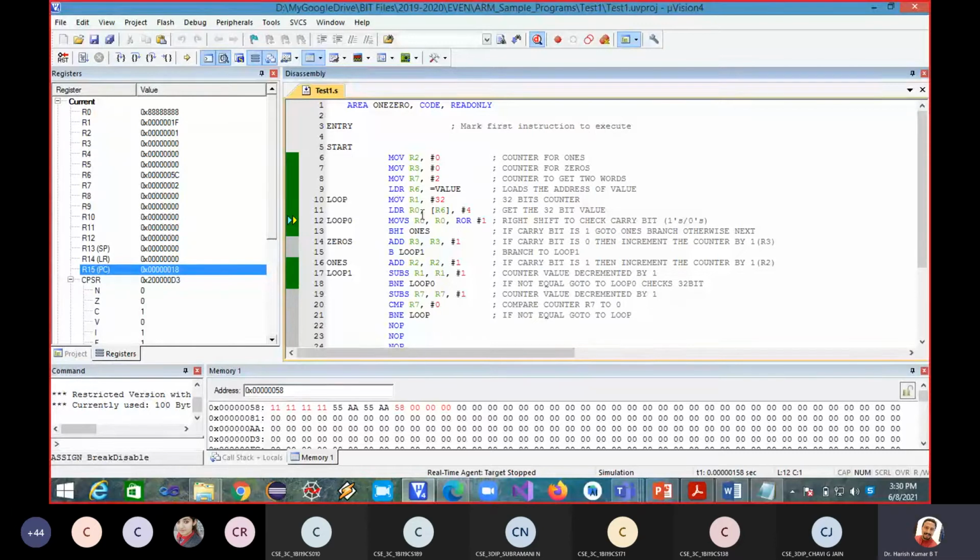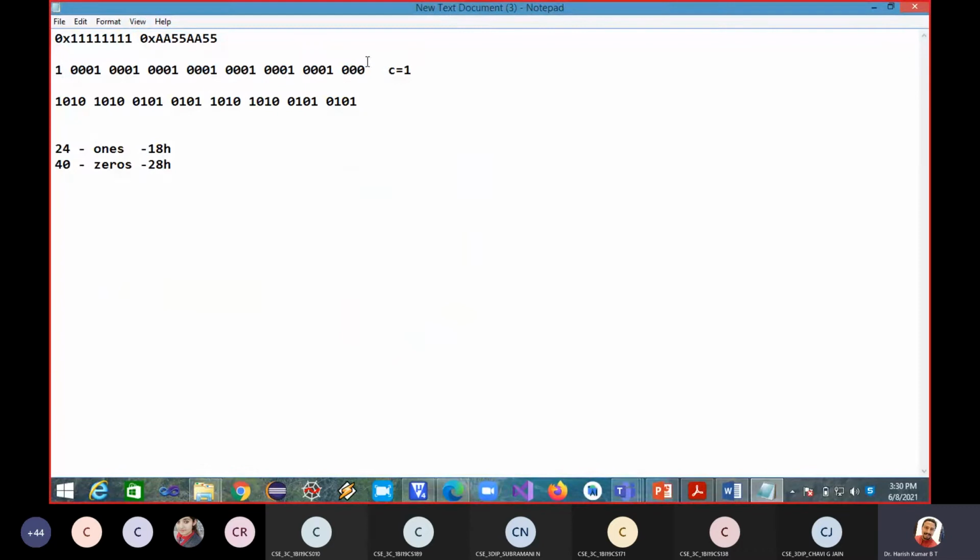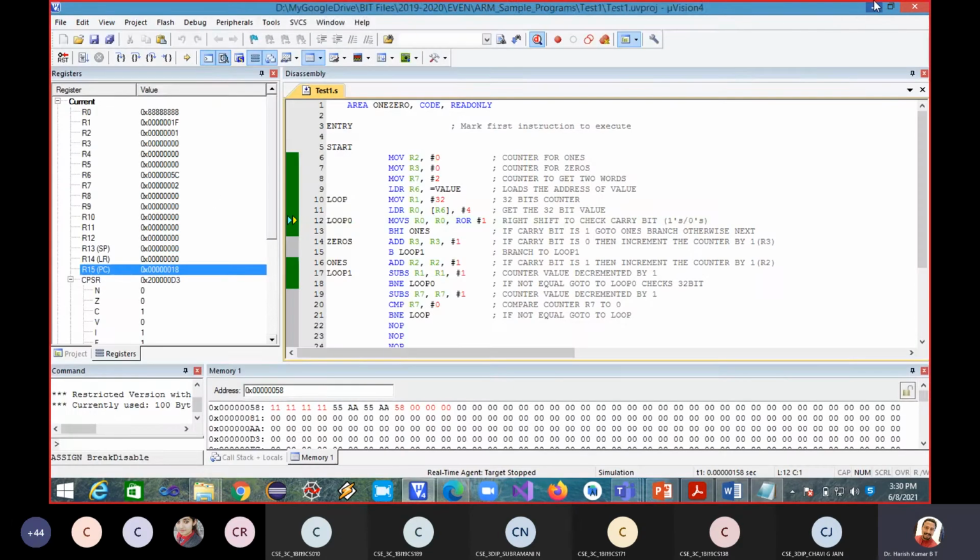We are in loop 0 and we are going for the second rotate. Let me come here. Second time when I'm rotating, this 0 is removed, it is copied to the carry flag, and the same thing is also added to the MSB position. Okay, next. Observe now, if I press F11, this carry, which was 1 from the previous iteration, will now change to 0. See, has it changed to 0?